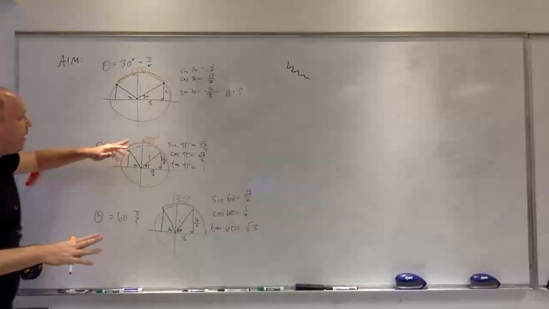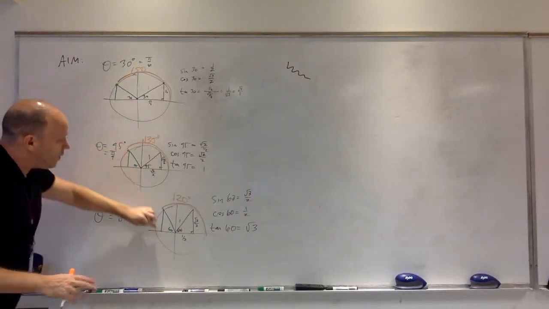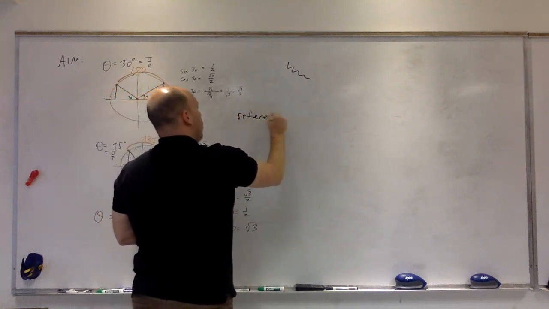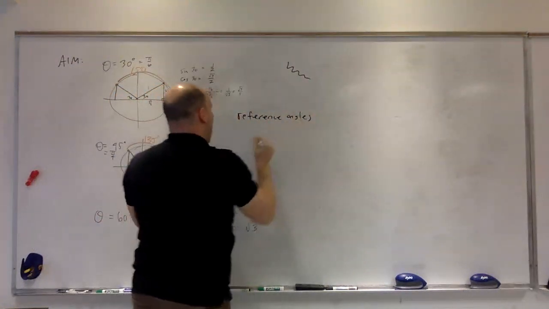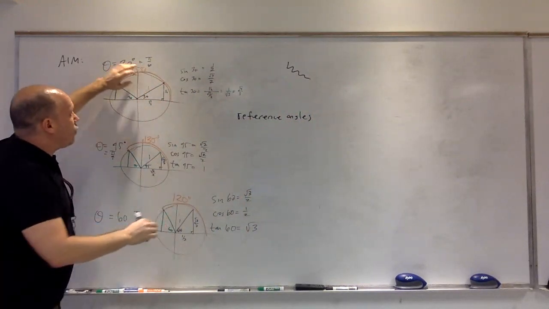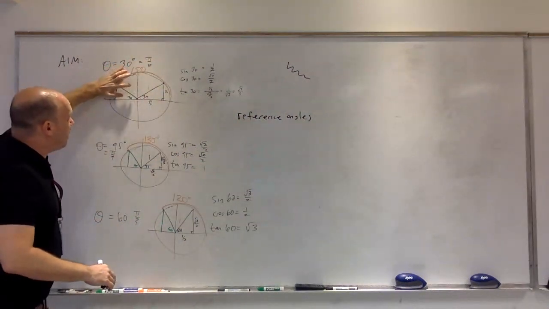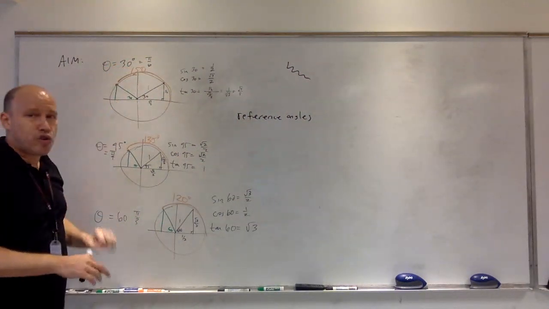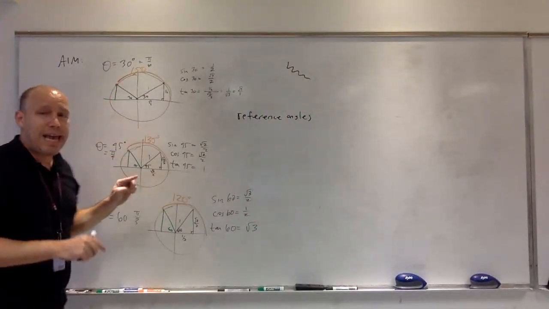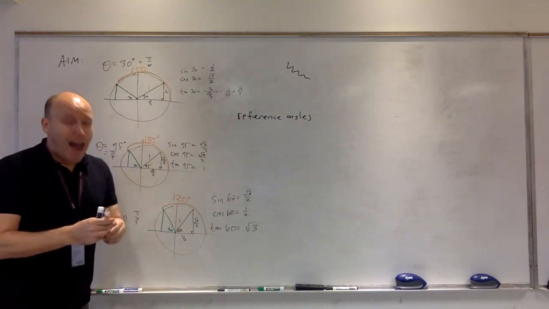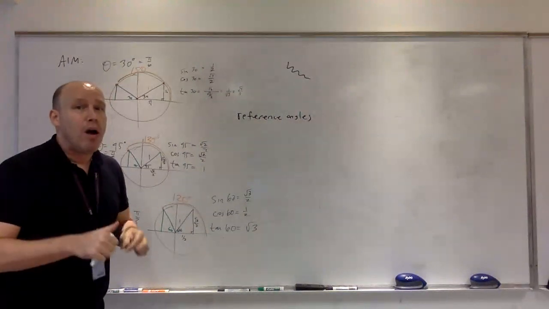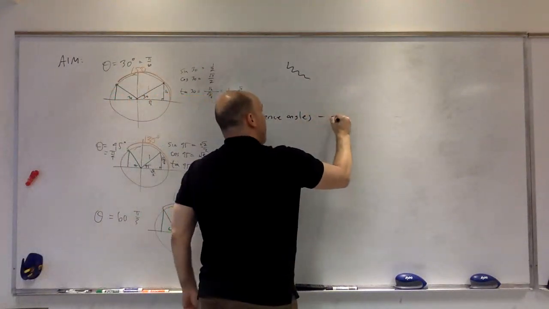And so the idea is that 30, 45, and 60 are known as reference angles. The idea is that all the angles in the second, third, and fourth quadrants refer back to the 30, 45, and 60 angle. Now, the way I teach it is you can find any reference angle. So a reference angle is a first